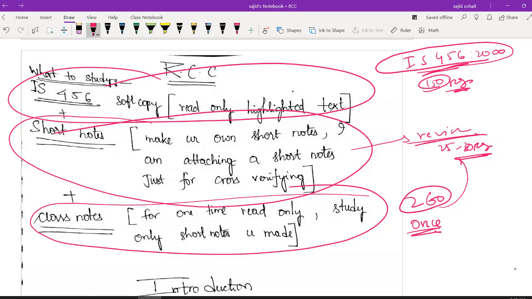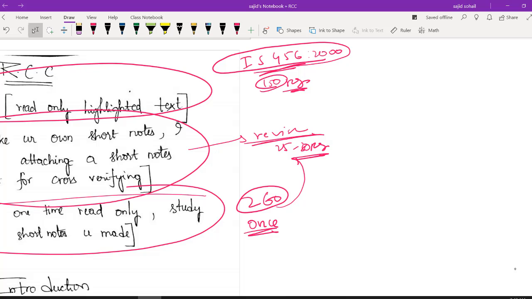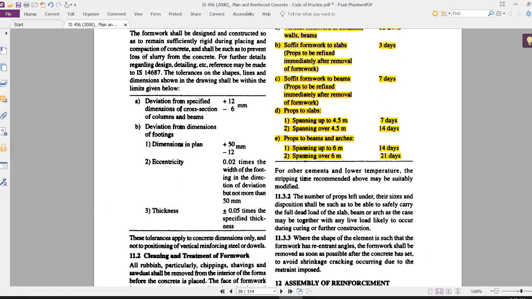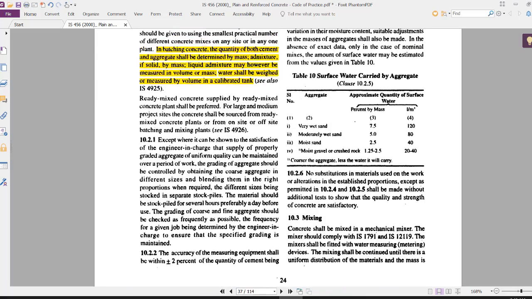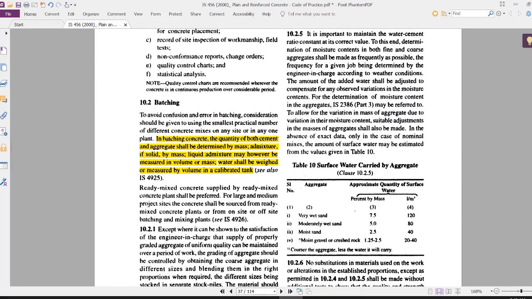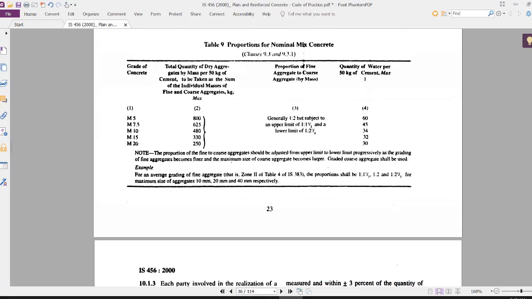Then how will you read? No need to worry, Baba. What I have done is I have highlighted the important text for you. ठीक है? All Target IES students will be given a link. Please download this soft copy of IS 456, and whatever you have to read, I have already highlighted. So only this yellow color, whatever you are able to see, only that read as bits